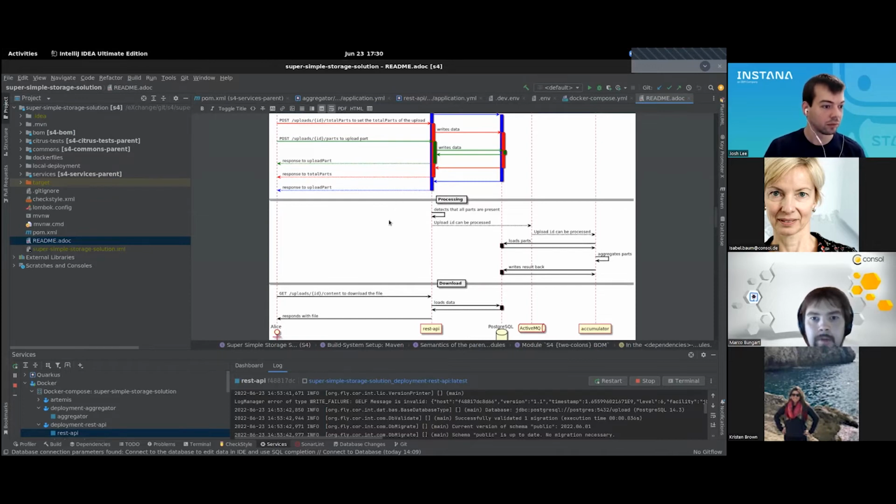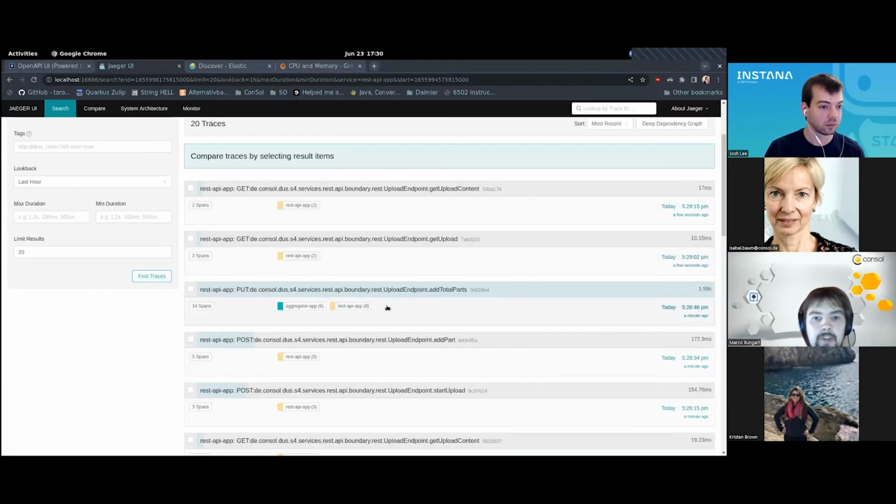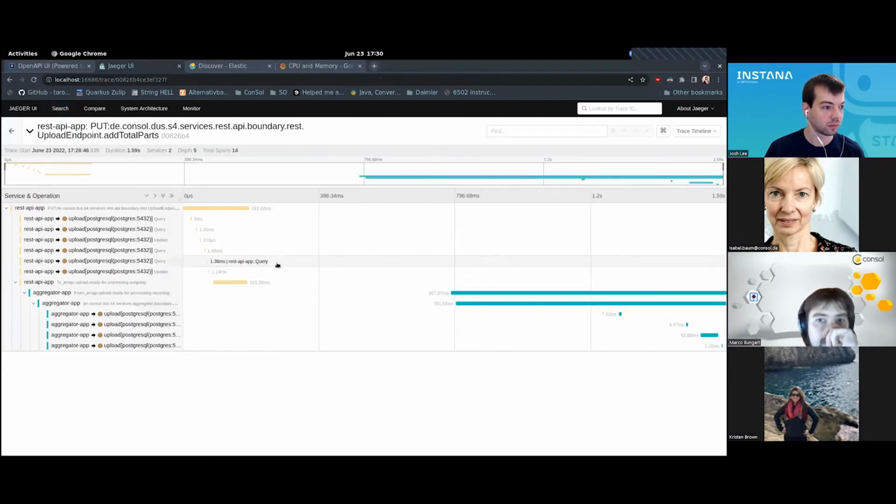So one of these calls triggered this detection here. All parts are there. And then a message was sent down to the aggregator, and the aggregator did some stuff. And this is what we actually see here. So let's take a look at it. We see, okay, this here was a put request. See, it's up here. There was the question of can we monitor infrastructure?